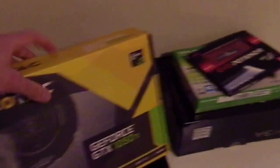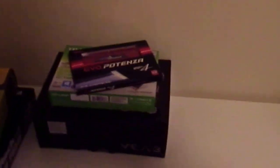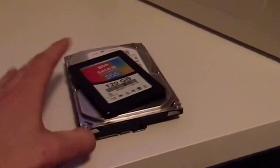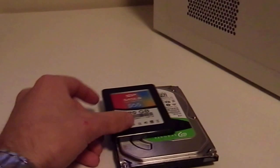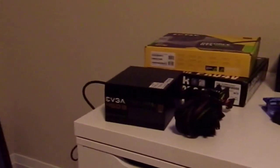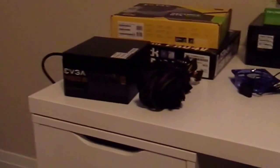Got 16 gigabytes of RAM, DDR4 RAM. A Zotac GTX 1050 Ti video card, an EVGA 430 watt power supply, and then we're going to have 1 terabyte hard drive and a 120 gigabyte solid state drive. So first thing you want to do here, because we'll be working on carpet and there's static